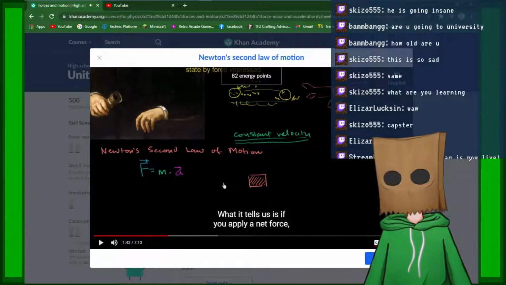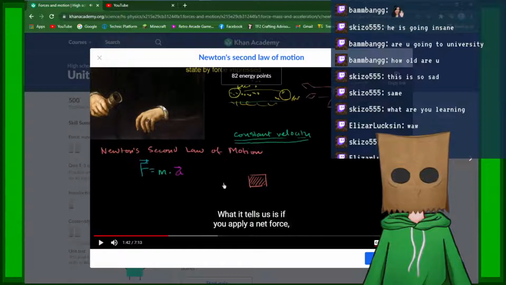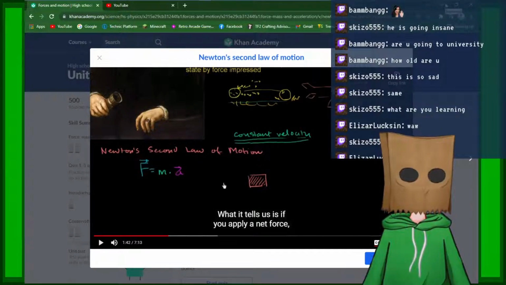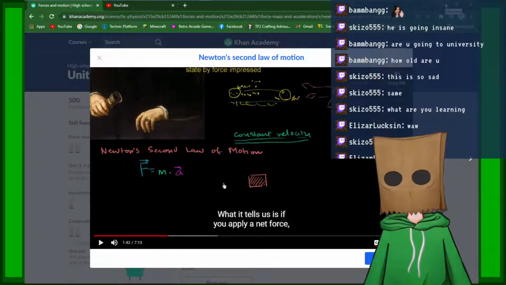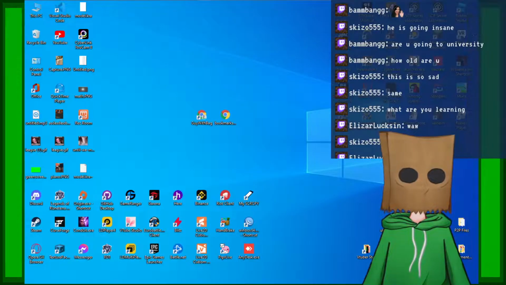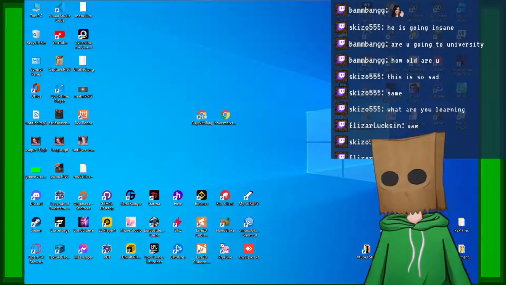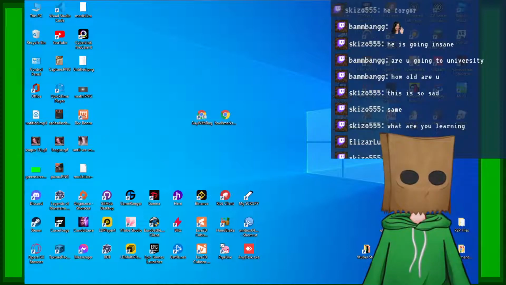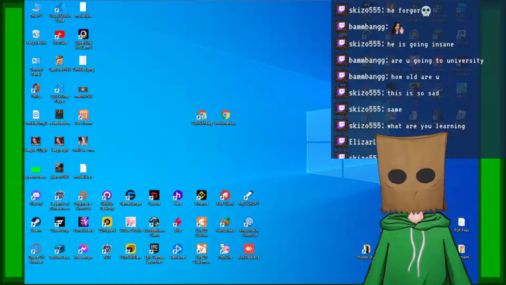Hold on, let me actually search what we're gonna do. I need to do this for an assignment, and I learned this last year, but I completely forgot. I learned this just for myself. I also learned this because it would be interesting, since I'm making a game and stuff.